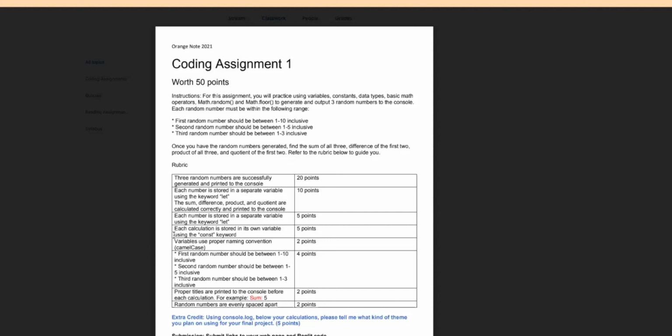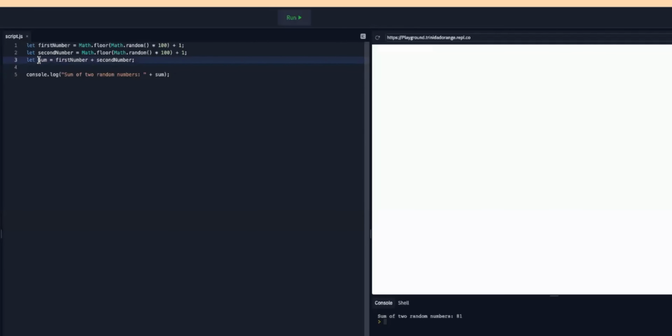Let's see. And then each calculation is stored in its own variable using the const keyword. So what I mean by that is for this assignment, for the calculations, so for here sum, I'm going to want you to use const instead, just to get some practice using the const keyword. So you're going to use let for the random numbers that you generate, and then const for the calculations, like the sum, the product, the difference,